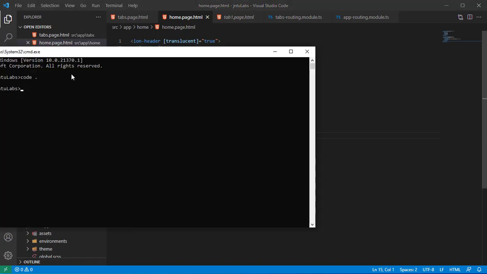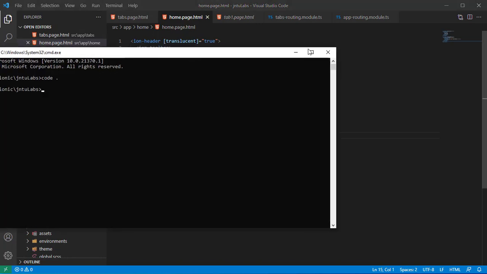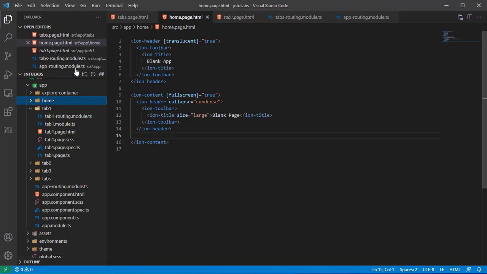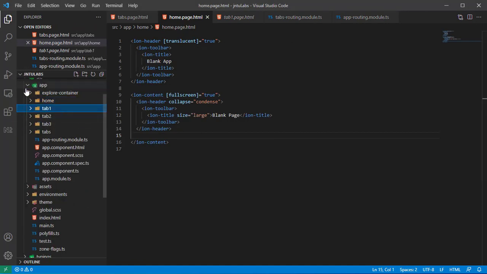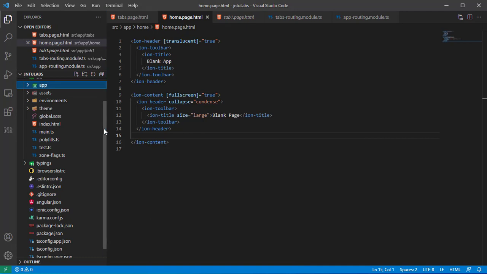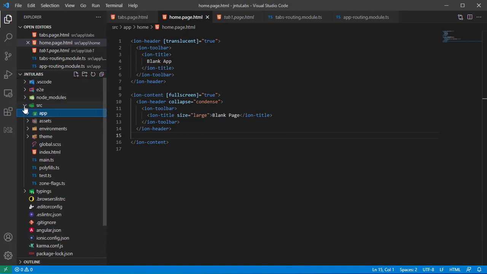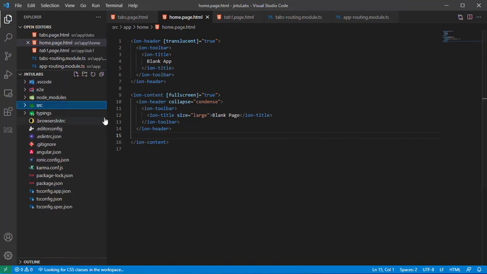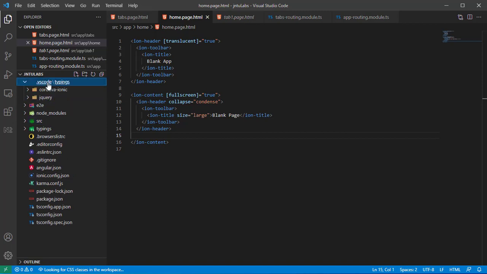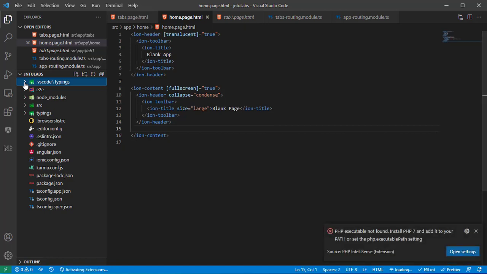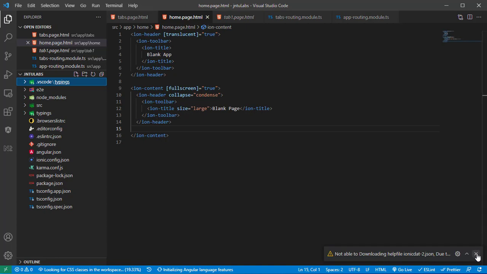And one more thing, JNTU Labs, I have got it, and here you go with the JNTU Labs. This is what we have seen in a previous video, and we have stopped it here. Okay, so this is the folder which we get. If you open this, Visual Studio Code basically installs the Visual Studio IDs and all, so no need to worry about all these things.